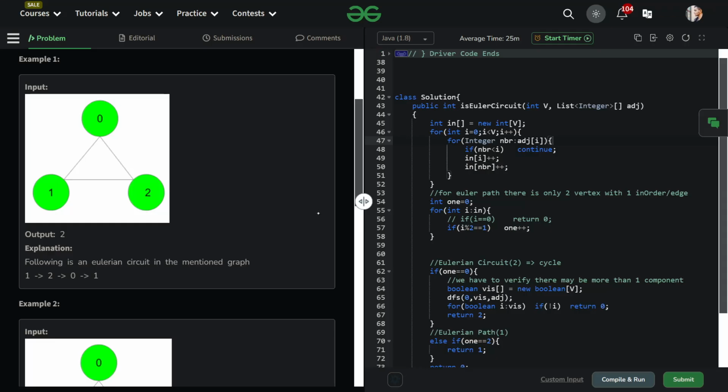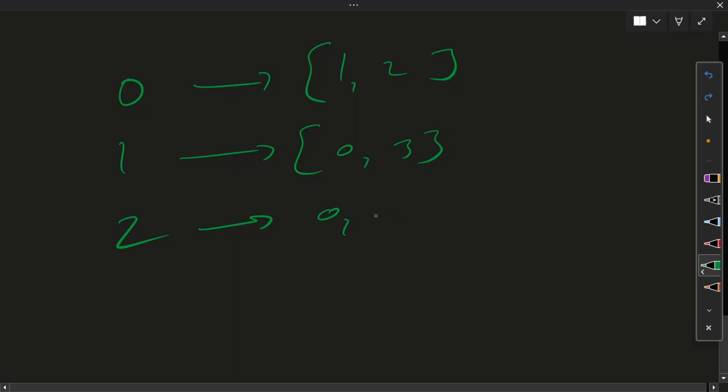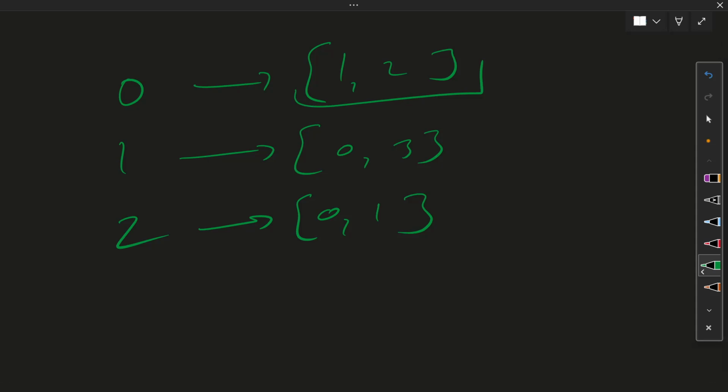For 2 we have 0 and 1. We don't have to traverse, we just need to check how many neighbors each node is connected to. So this size will only tell us how many connected edges it has. For 0 it has 2, for 1 it has 2, for 2 it has 2.